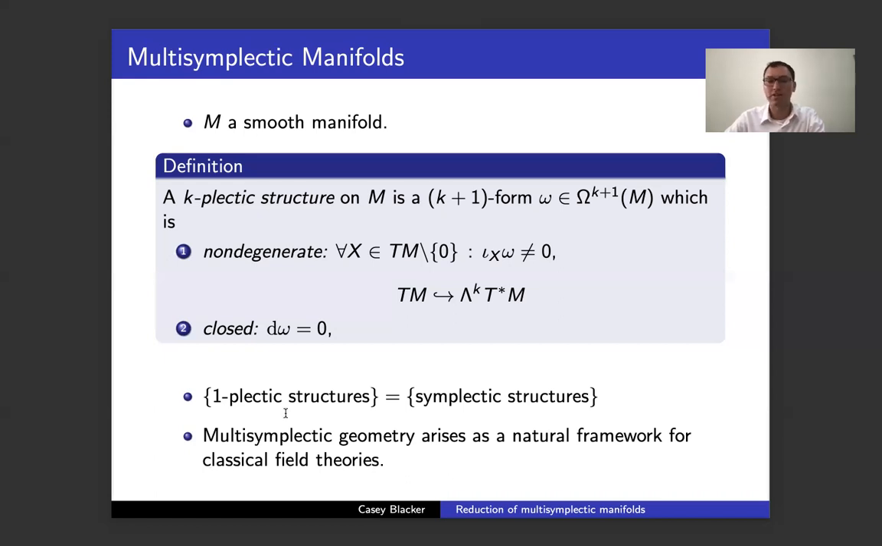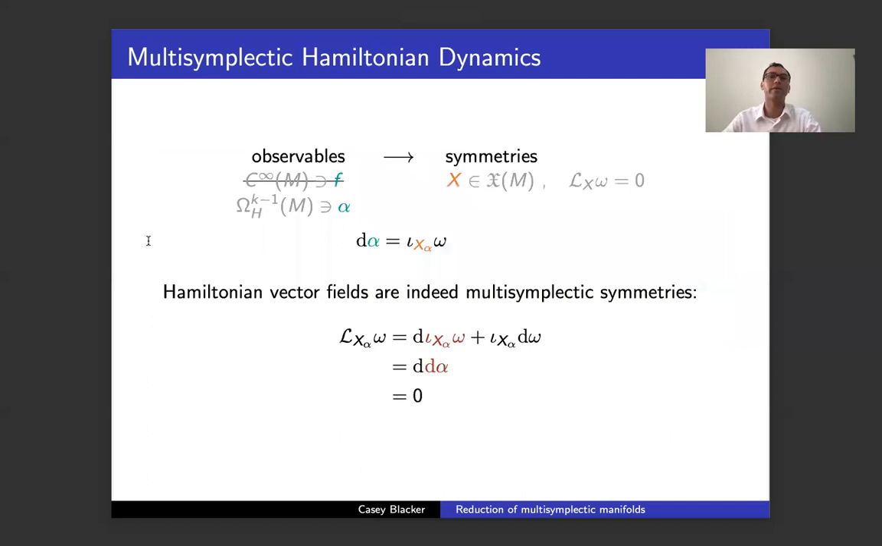Second, I'll just indicate that some of the motivation, or maybe the primary motivation of multisymplectic geometry, is that it arises as a natural framework for classical field theories. Okay, and so now we're going to develop a framework for multisymplectic geometry that parallels, as precisely as possible, what we saw in the symplectic case. So again, we have a map from observables to symmetries, but now our observables are no longer smooth functions. They're k-1 forms on M for which there exists some vector field X,